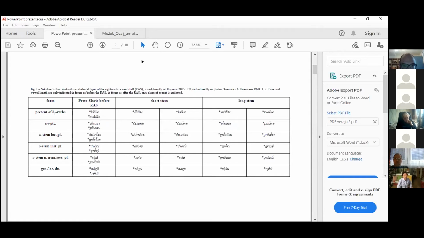And this study builds on Professor Dybo's paper, in which he identified a number of accentual isoglosses in Slovene and Kajkavian areas, which divide northern dialects from southern dialects. And these isoglosses have to do with the operation of what is now termed the rightwards accent shift, or the pravostoronny drejf,